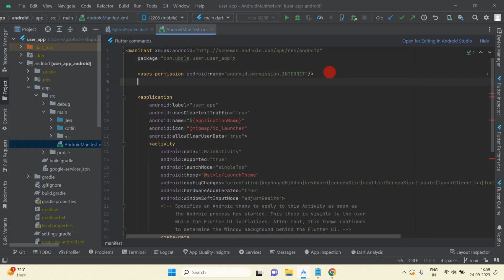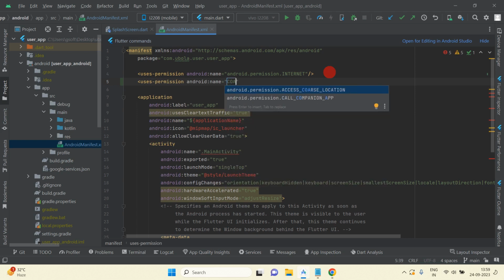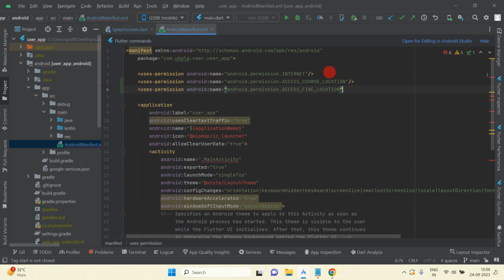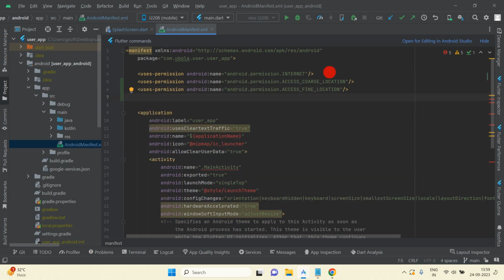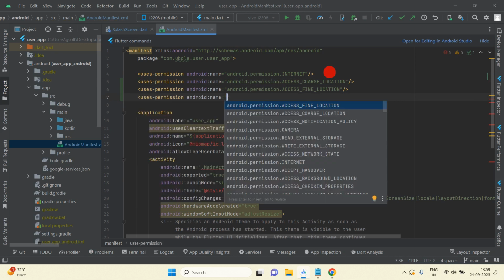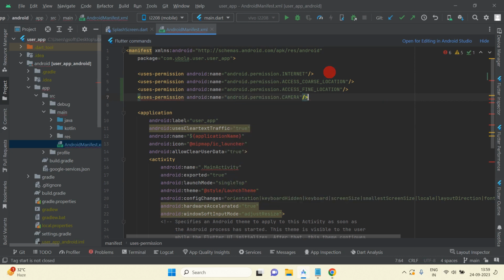So you will have to add some permissions here, like uses permission, coarse location, fine location, and camera permission. Okay,